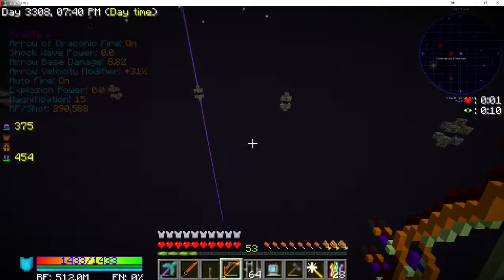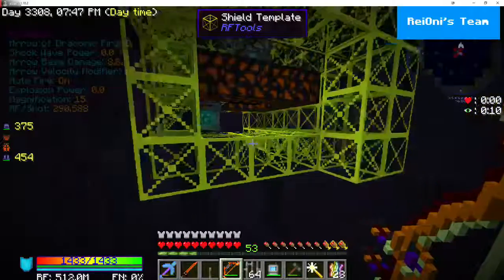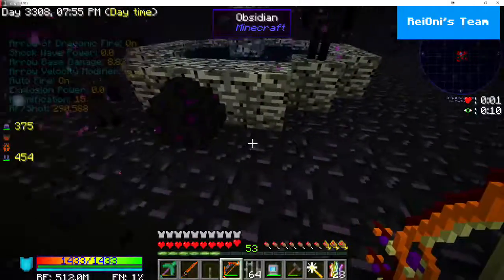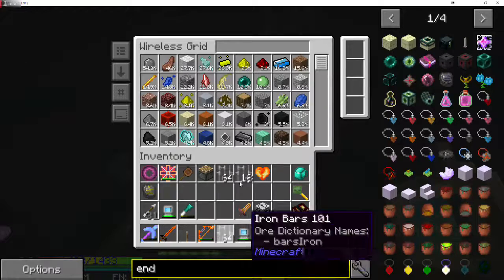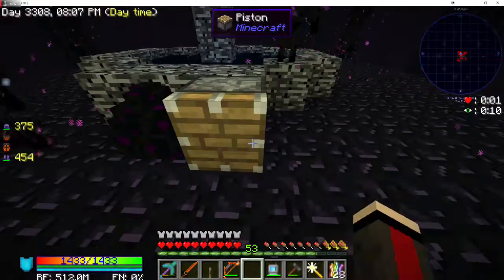Which is kind of a pain in the butt because I tried to set up a refined storage area down here and tried to do my RF shield and he blew that up. So it was a really dumb place to put it. But let's come over here. And he didn't blow up my refined storage for once, so I can use this interdimensionally. Thank you. But let's go ahead and place our...